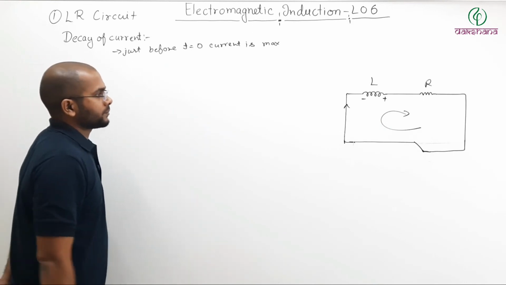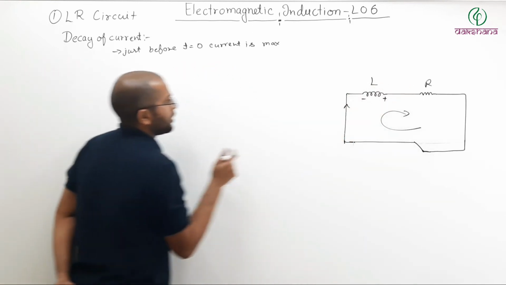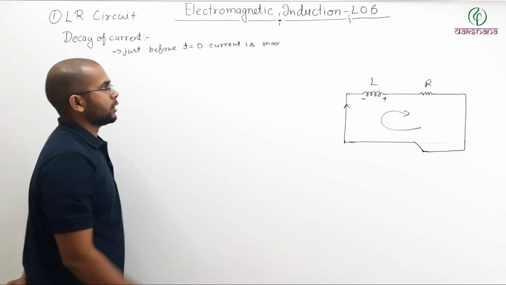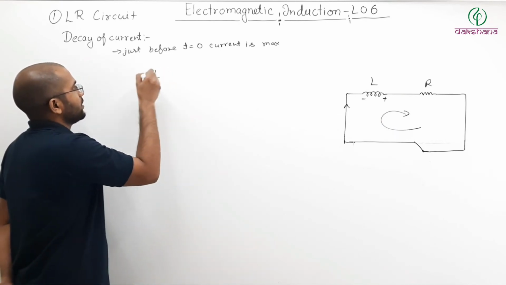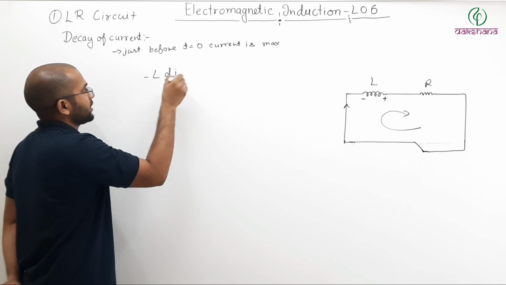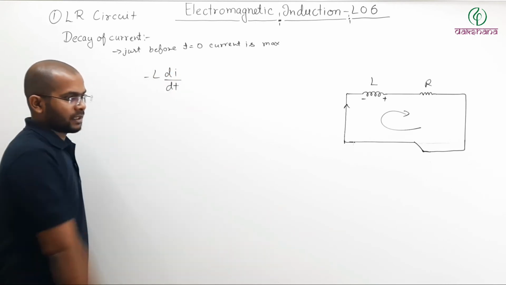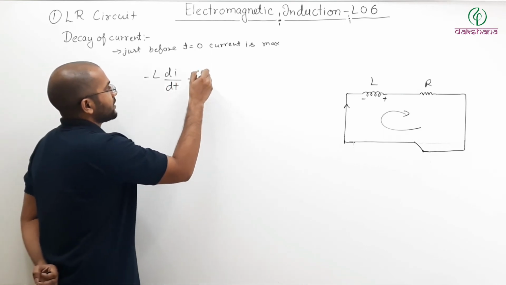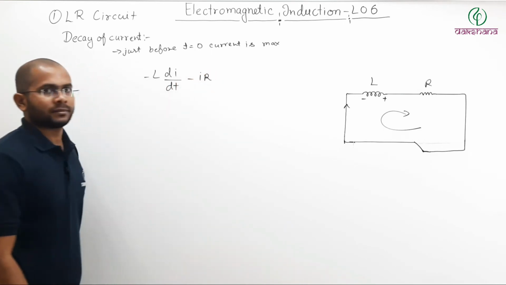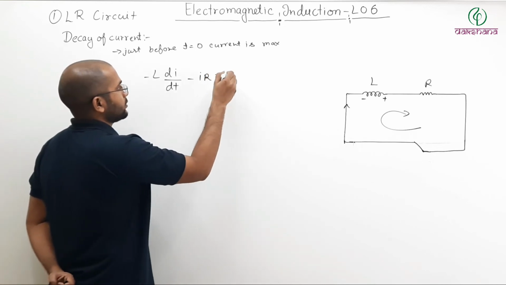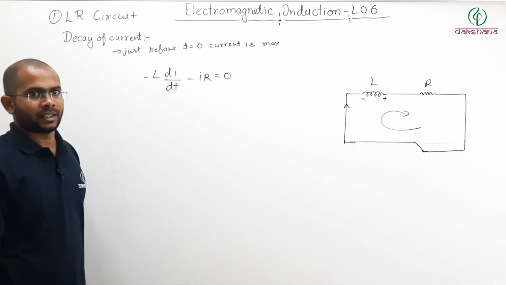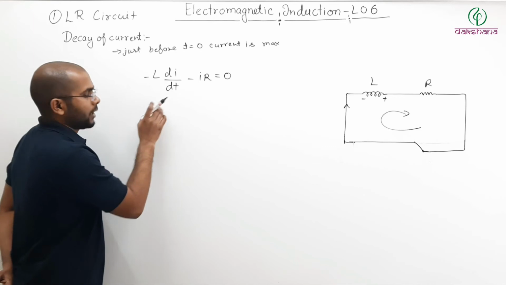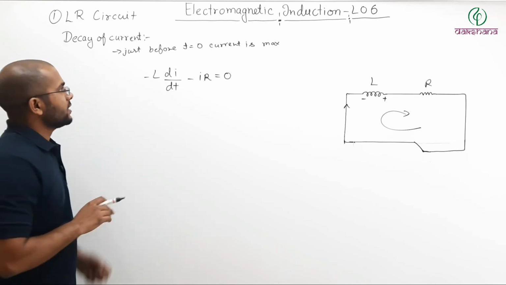Kirchhoff's loop law. From here, when you move in that direction, what will it be? Minus L di by dt, minus I times R, would be equal to 0. That is Kirchhoff's loop law. Now this can also be written like this: